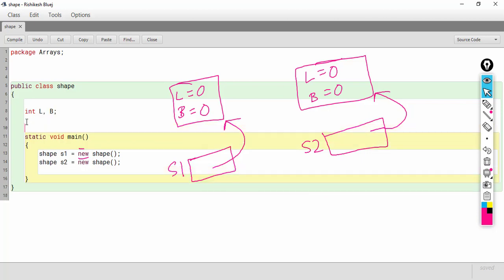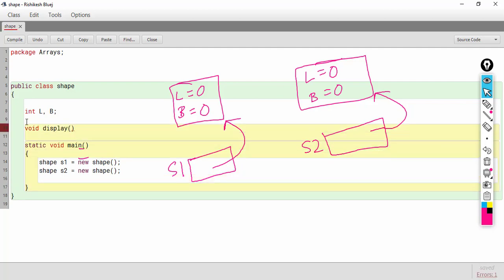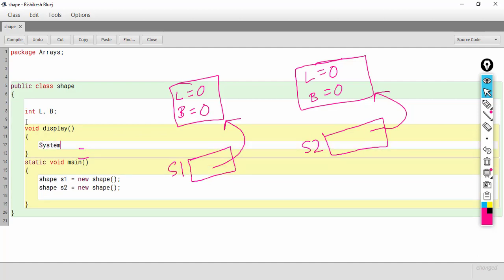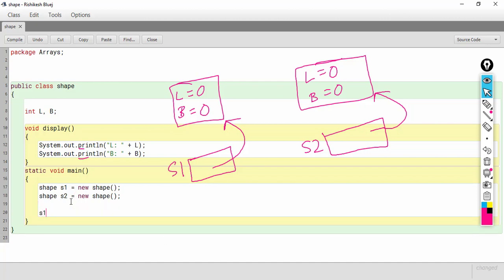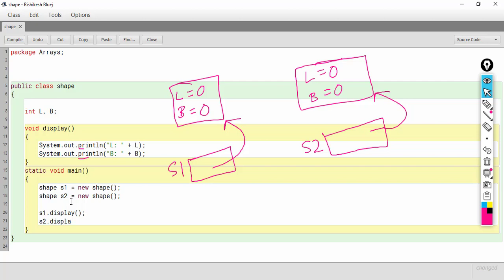So let's create a member function here, void display, which will simply display the value of L and B. Here let's call the display function: s1.display and s2.display.